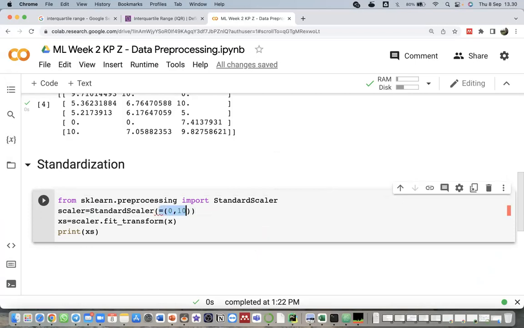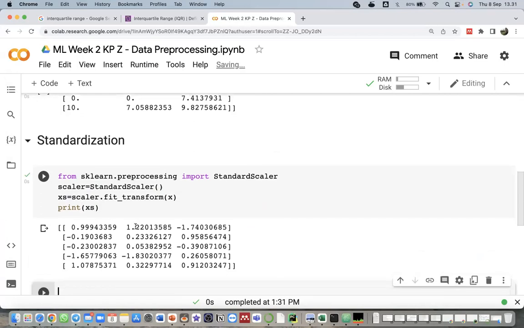We don't need to use feature range, because this one has no feature range argument. Then we just print it, and this is the result after we standardize our X values.